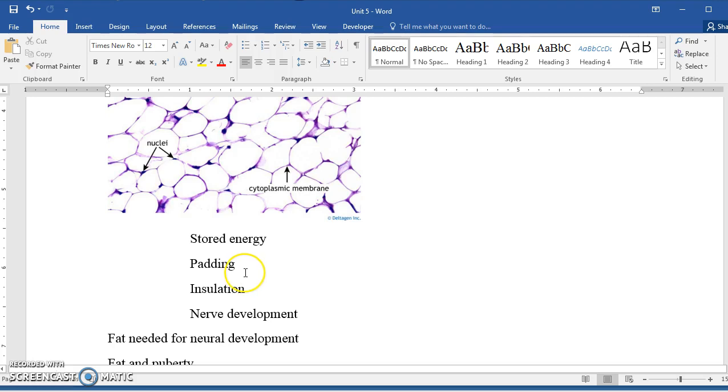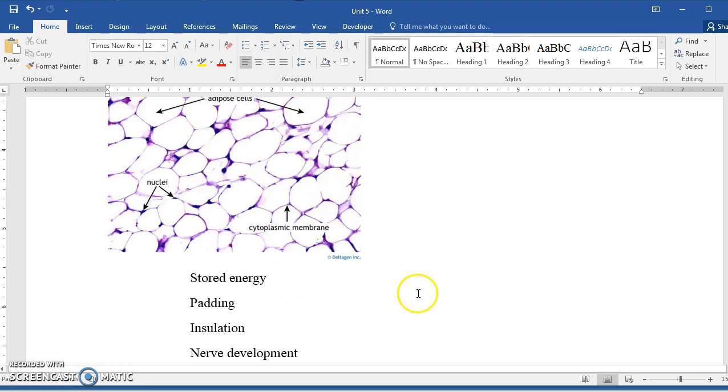Also, fat serves as padding, and we don't think about this so much, but it serves as padding in our mesentery to protect our internal organs around the intestines, and also behind the eyes. And if you've ever seen a person that is on a very strict diet, or they're starving, or they're fasting for a long period of time, used to be true of wrestlers. I think they've stopped that in high school now, where wrestlers aren't allowed to cut so much weight. But when they go on strict diets or stop eating for several days,